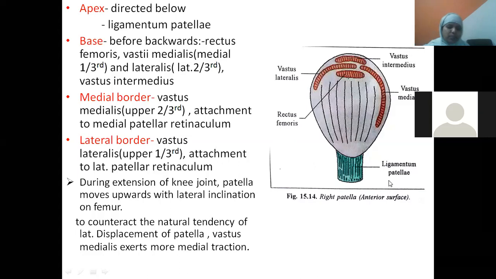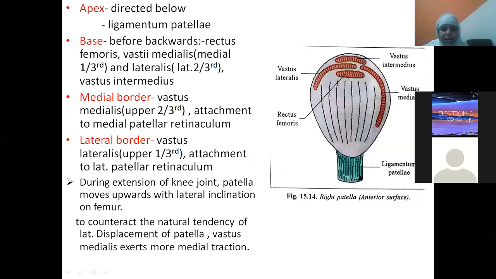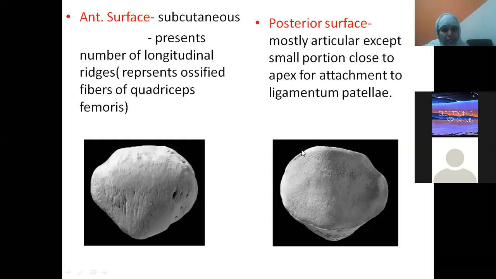I told you the attachment of ligamentum patellae in the day before yesterday's class. Where is it taking its attachment? Anybody remembers? Tibial tuberosity. Yeah, very good. The anterior aspect of the upper end of the tibia shows the rough thing, that is nothing but the tibial tuberosity. Okay, beta, you try to learn it like this.